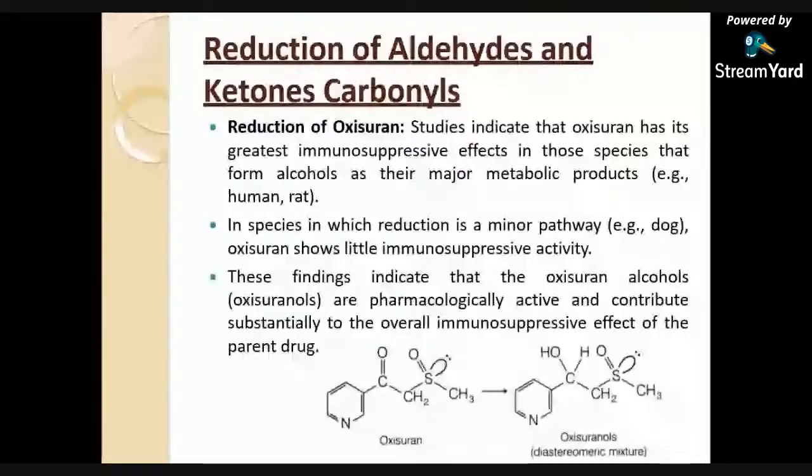Studies indicate that oxisuran has its greatest immunosuppressive effect in those species that form alcohols as their major metabolic products, for example in human and rat. In species in which reduction is a major pathway, for example in dog, oxisuran shows little immunosuppressive activity. These findings indicate that the oxisuran alcohols, we can say oxisuranols, are pharmacologically active